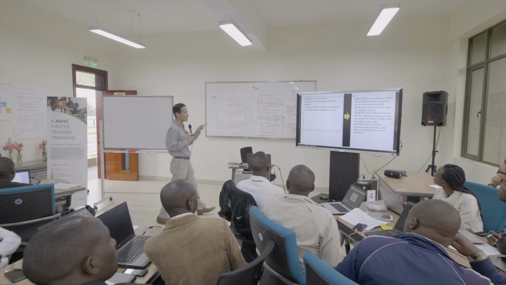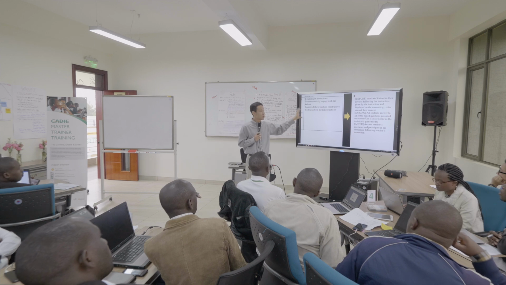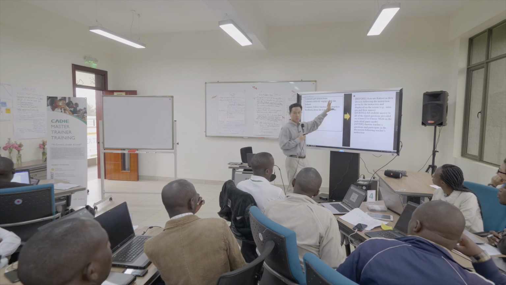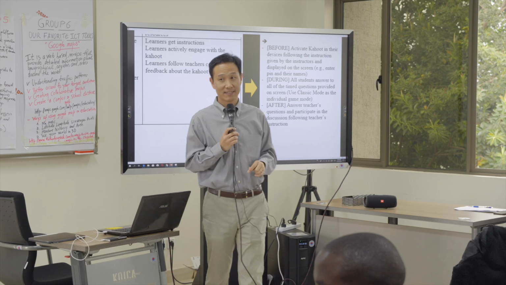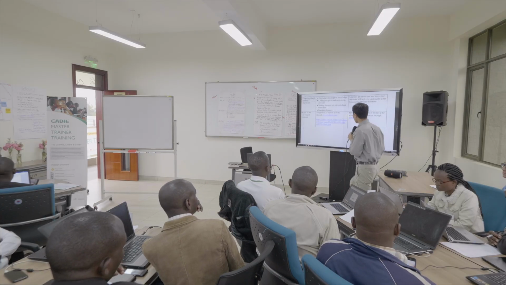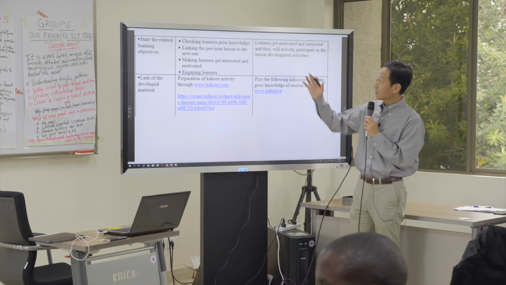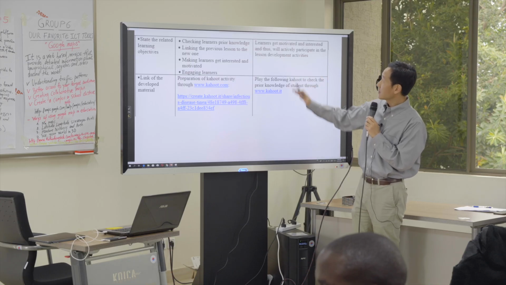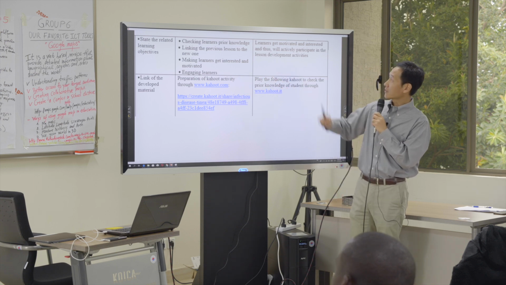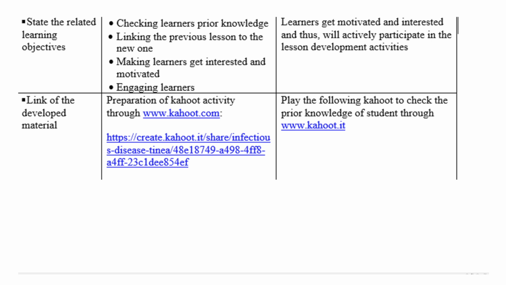Students' instruction means this is what you need to see during the class. This is what you need to make sure happens. So you write it down like this in full sentences, so anybody else can see and repeat. Okay, last part. State the related learning objective. This was the original one: checking learners' prior knowledge, linking the previous lesson to the new one, making learners interested and motivated, engaging learners. Does that